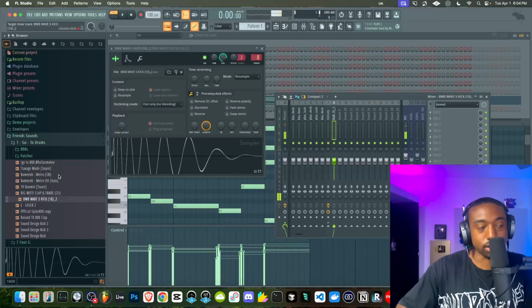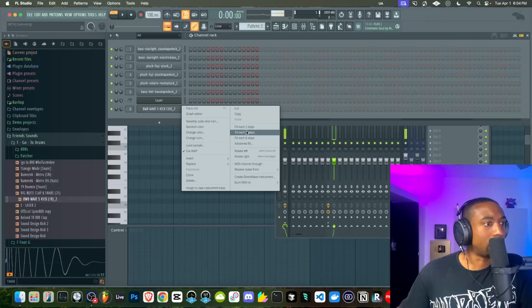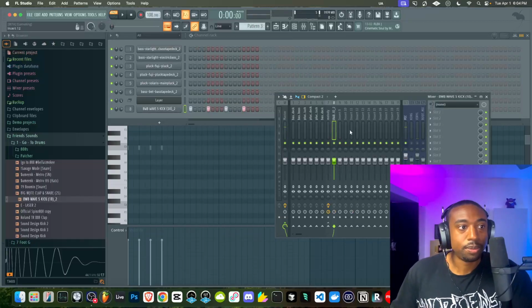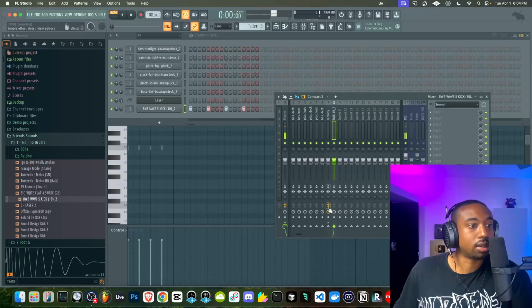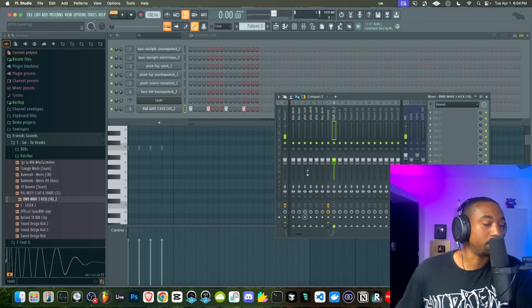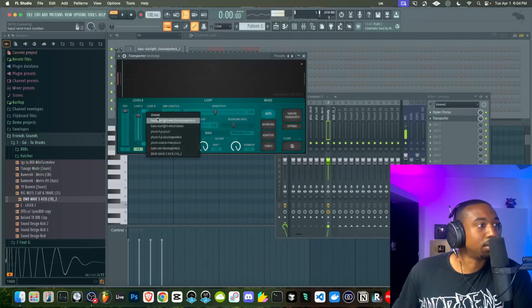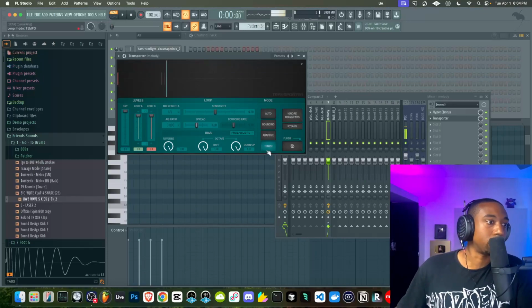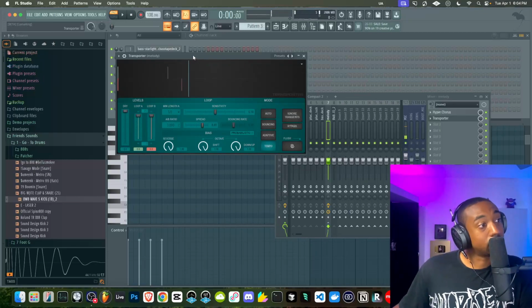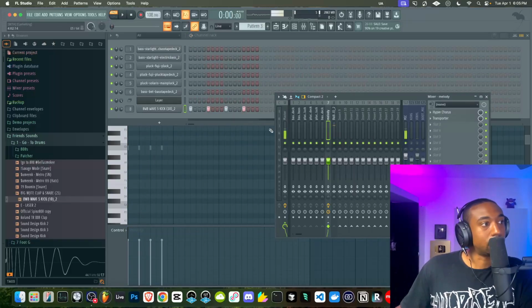We're not going to have the kick actually play, so let's hit Control L, and then let's right click, fill each 4 steps, for example. And now we need to sidechain the kick to the Transporter, so we need to find the kick, right click, sidechain to this track. We're just going to turn the kick output down in volume. Okay, and then we're going to go back to the Transporter and right click the input and select the kick. And now the kick will trigger Transporter, because Transporter is cool, but it's hard to trigger it with things that aren't as transient heavy. Okay, so let's hear all these sounds together.